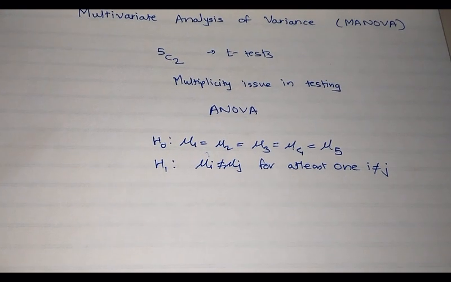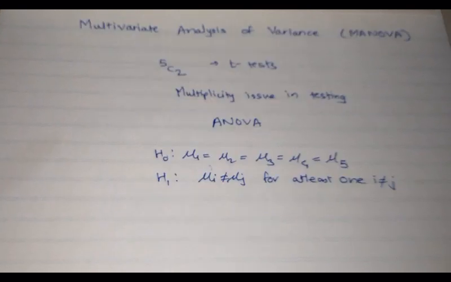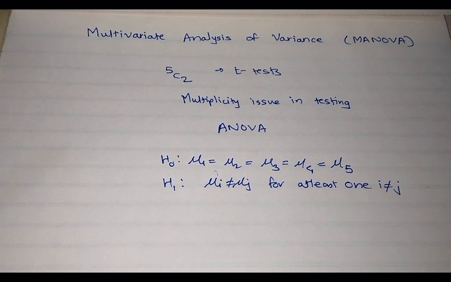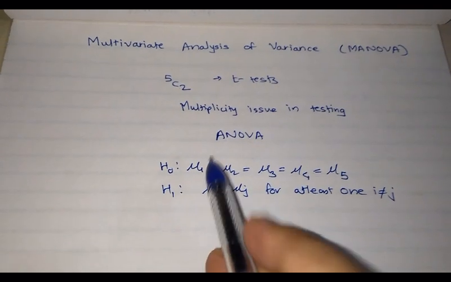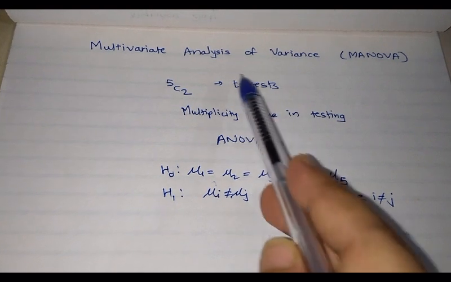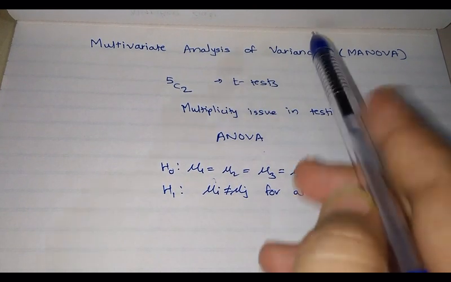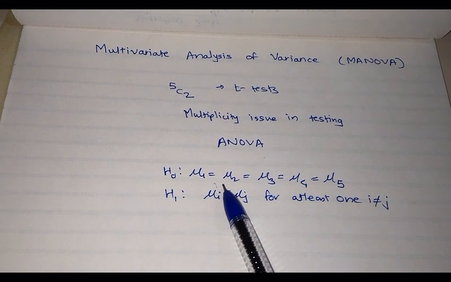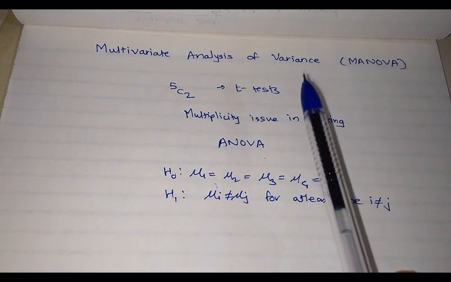Okay. Now one simple question which might have come to your mind, or some of you might already know the answer, is why do we call it ANOVA? We know ANOVA stands for analysis of variance. We are dealing with means. My H0 doesn't involve variance. Why do we call it analysis of variance?